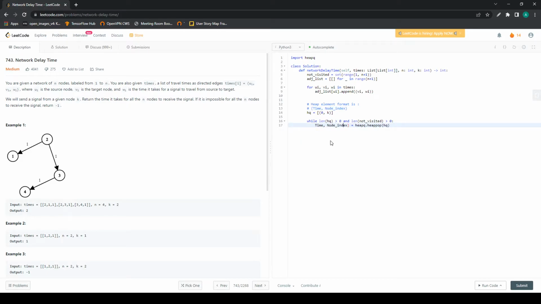So I'm just removing the parentheses, and then peak time, and then peak index, let's say. Okay, so if the peak node, peak index, is in the not visited list, this is the time that we are removing the element from the not visited list, because we are actually visiting the node at this step. So let's remove that. Not visited, remove